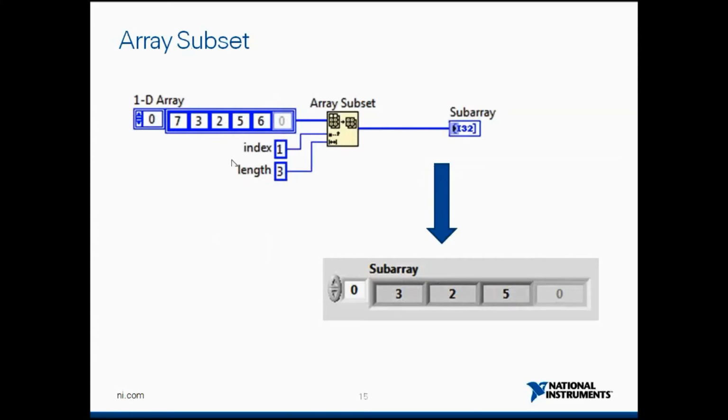Okay, so array subset is something we use quite frequently when you want to get just a portion of your array. For example, just this portion. So I have this huge array and I want to extract just this portion. All I have to do is send this to a ready-made function called array subset. Mention the index number of the array. Here, number 3, the index is 1 because index starts from 0. So 0, 1, and the length of this array, I want to extract just 3 elements, so I specify a length of 3. And thereby the output of this array will be an array with the elements 3, 2, and 5.